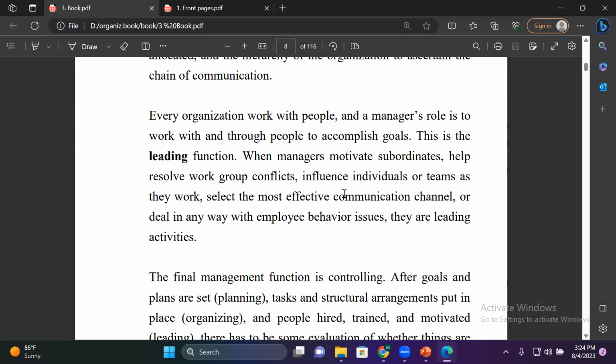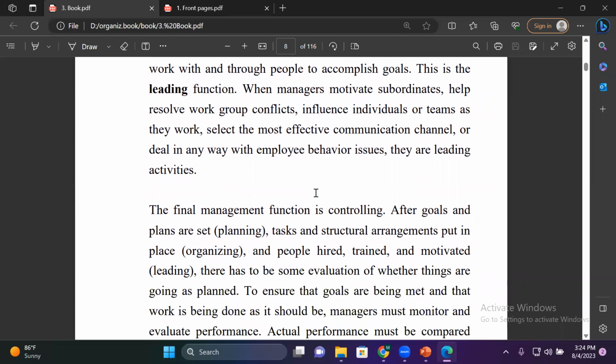When managers motivate subordinates, help resolve work conflicts, influence individuals or teams as they work, they select the most effective communication. So that is important. You have to look into how I am going to do proper leadership. What are my leadership skills, and how am I going to be capable with this? Okay, so you can see